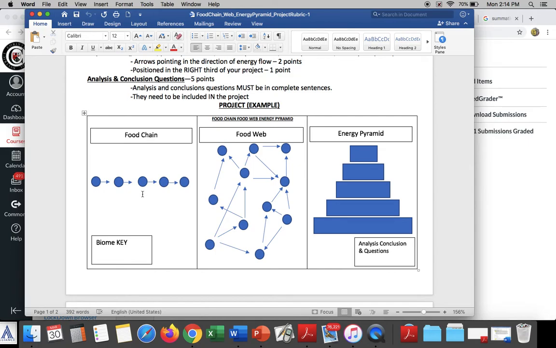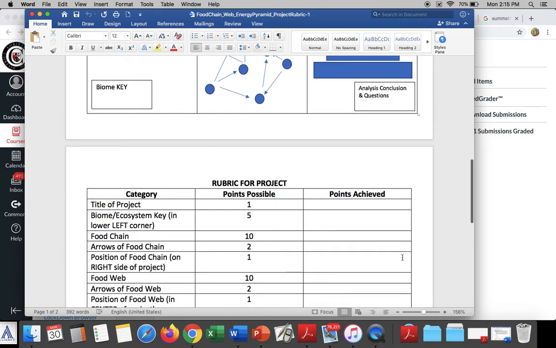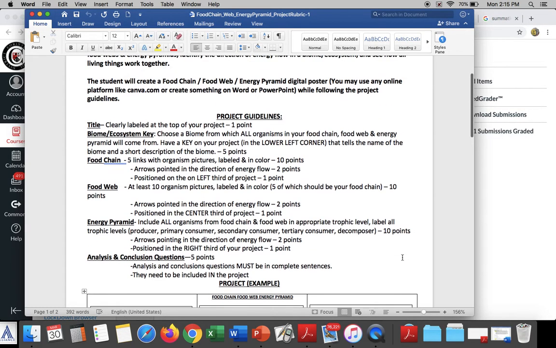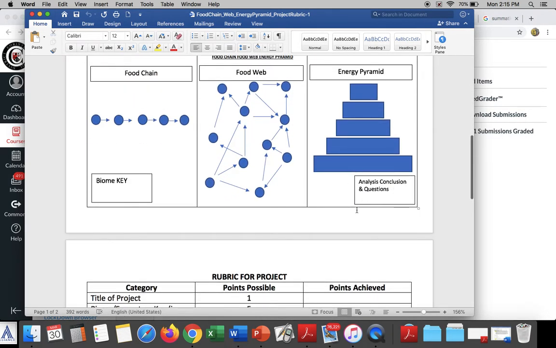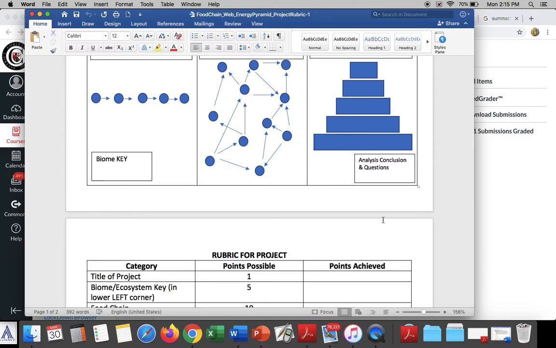So the pyramid, I would take your food chain and then create the pyramid. So this would be the producer level, who's the primary consumer, secondary consumer, tertiary consumer, and then if there is a 4th and top and final consumer, who or what organism is that. And then there's several analysis questions that I believe I've got to go back and post for you guys, and I'll do that, and you need to add those in